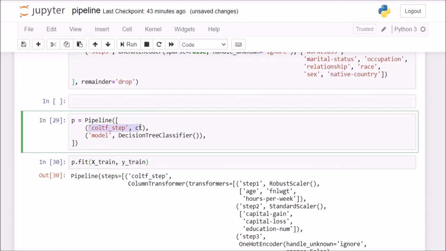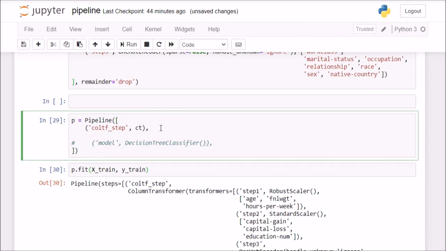So one after the other, it is coming down and down. So our final step should be an estimator, or otherwise if we do not want to build a model just yet, we can just comment this out,